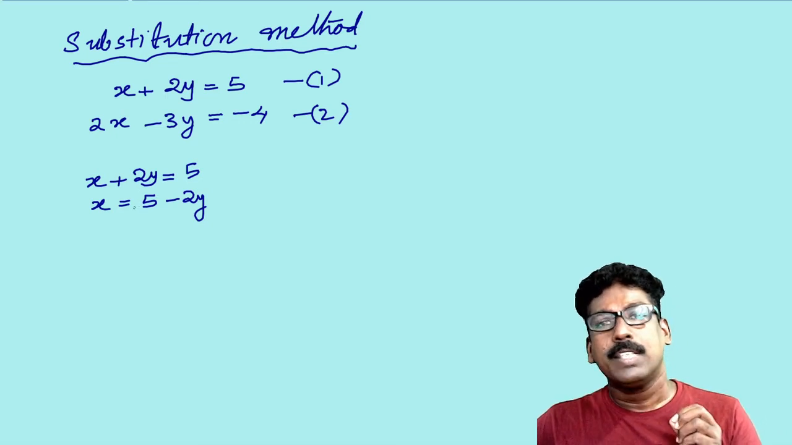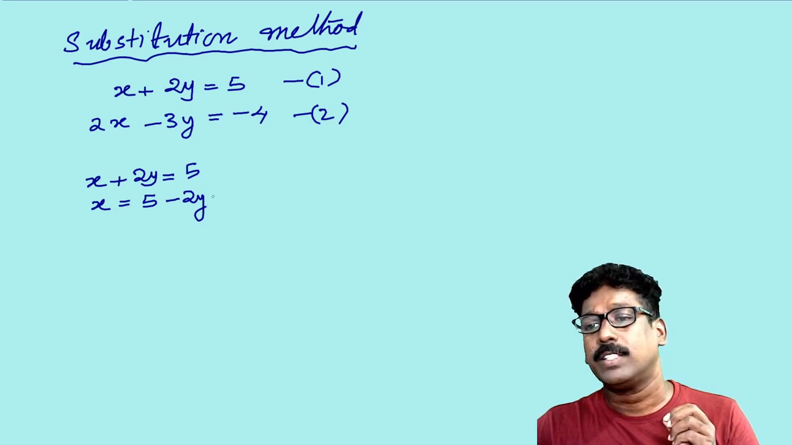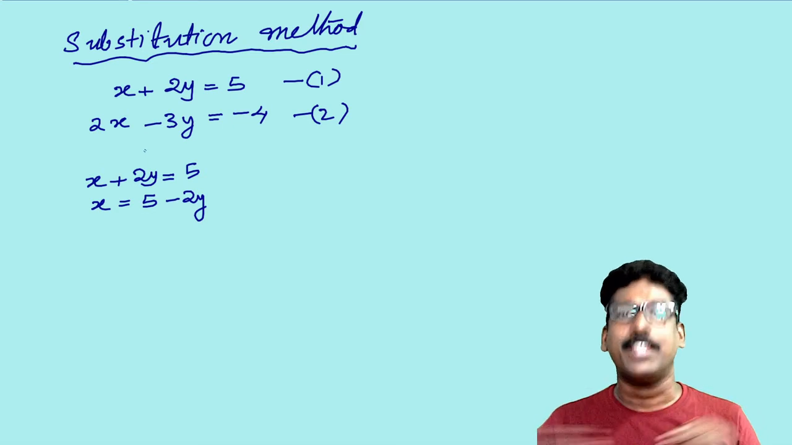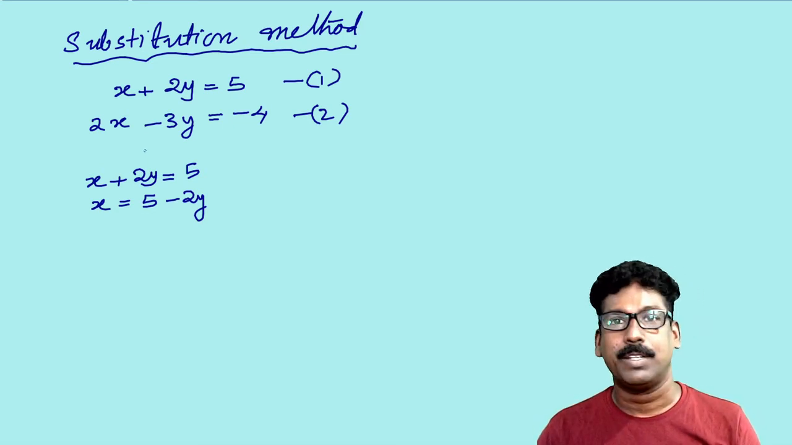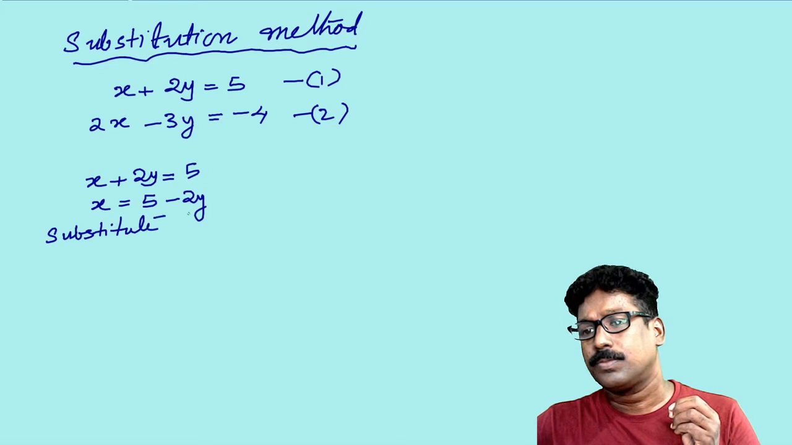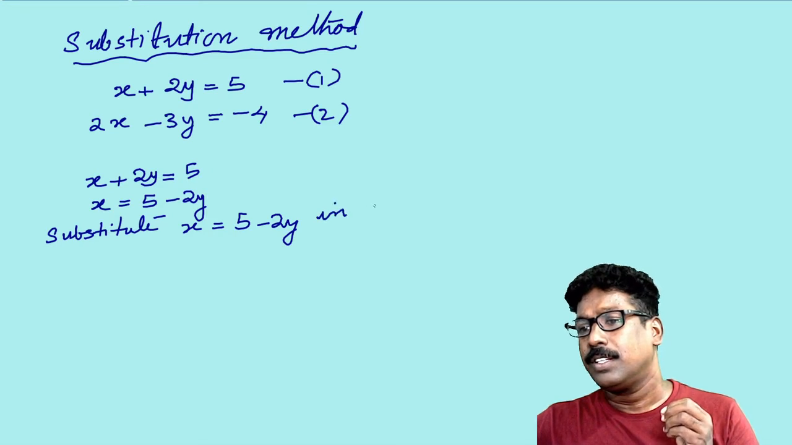While transposing 2y to the other side, it will be minus 2y. Now, substitute x is equal to 5 minus 2y in equation 2. You will get an equation with only one variable. Let us see how it is. So, we can write: substitute x is equal to 5 minus 2y in equation 2. We get